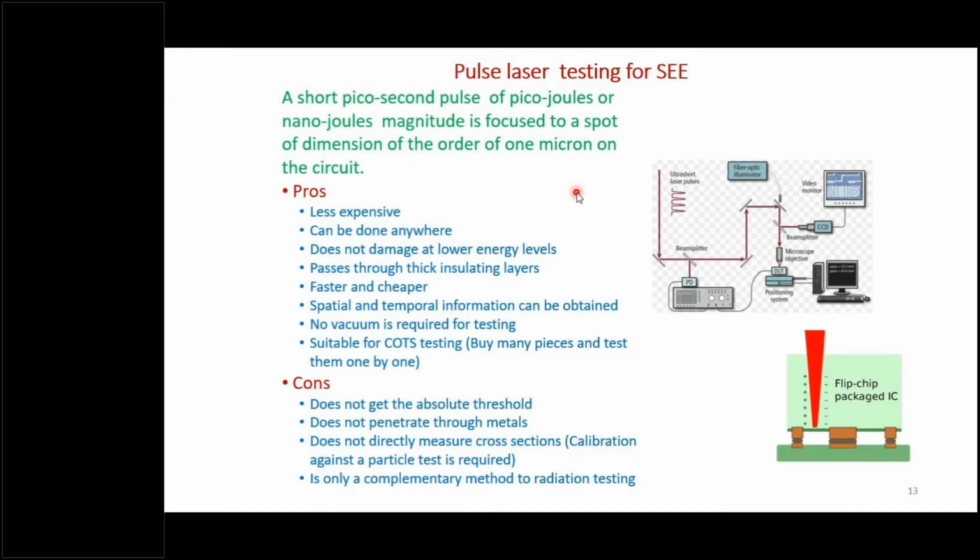The other advantages are that it's a less expensive system. It can be done anywhere. It doesn't damage the circuit at low energy levels. It passes through thick insulating layers. Remember, we were talking that in the case of the particle, it doesn't pass through the flip chip die, but in the case of the optical beam, it could pass through it. And it's very suitable for COTS testing, commercial off-the-shelf systems. You could buy many pieces and test them one by one